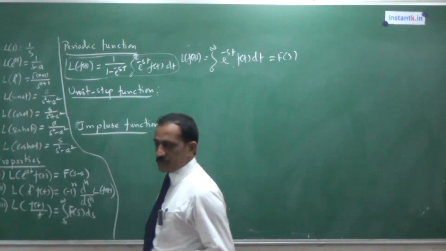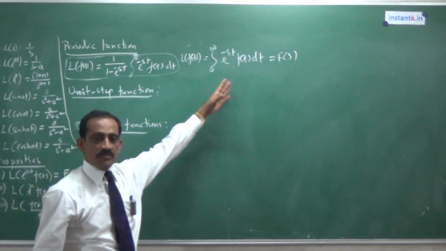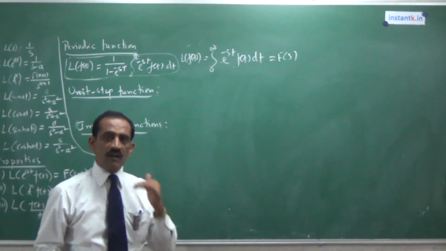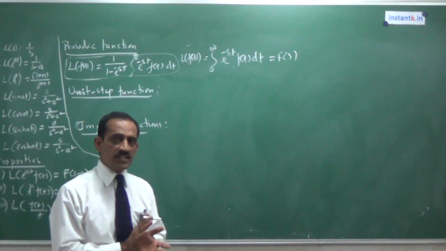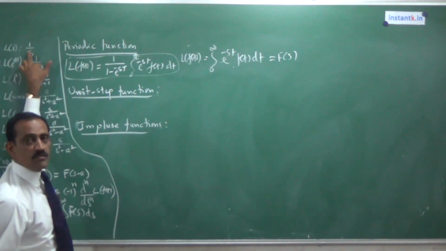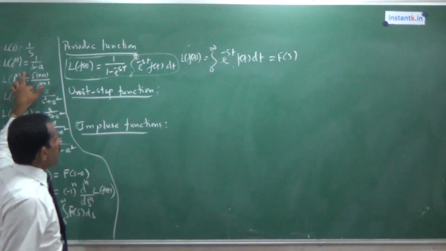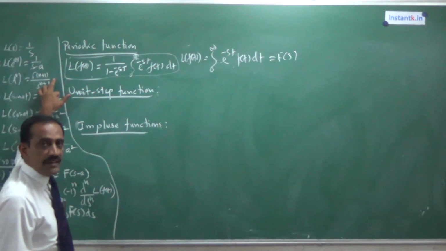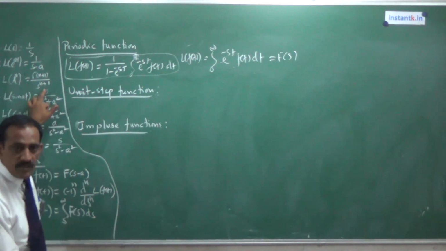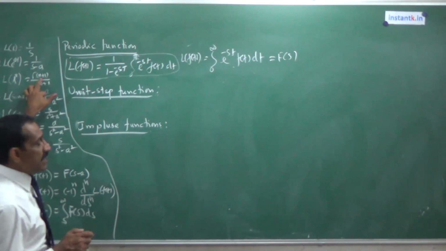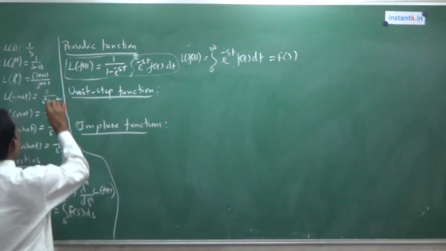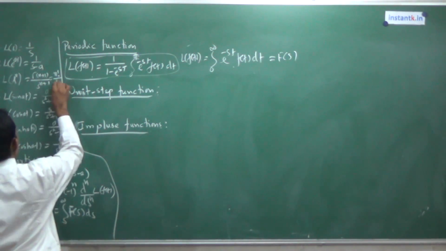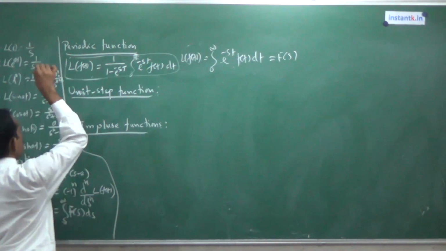Now, with respect to this, if you give some values to f of t, we get the standard results. All these results must be remembered. So before answering this, you have to recall all the results you have studied. What are the results? First one, you should remember Laplace transform of 1 is 1 by s. Laplace transform of e power at, what is that? 1 over s minus a. Laplace transform of t to the power n is gamma n plus 1 divided by s to the power n plus 1. But if n is integer, you know that gamma n plus 1 is equal to n factorial. So if n is a positive integer, it can also be written as n factorial divided by s to the power n plus 1.